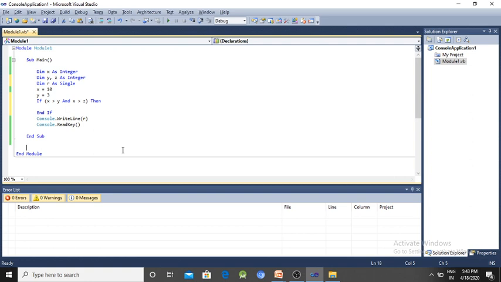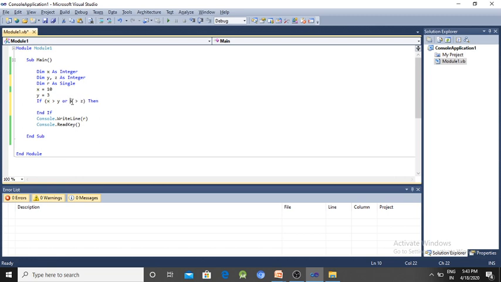In this case we have to use the AND operator. In the AND operator, both conditions must be true: x greater than y and x greater than z. Then the output will be displayed.